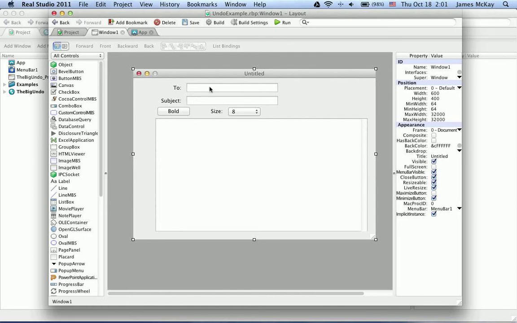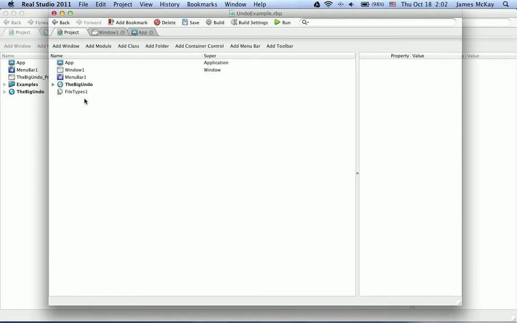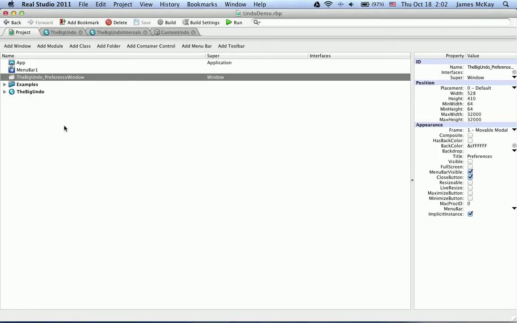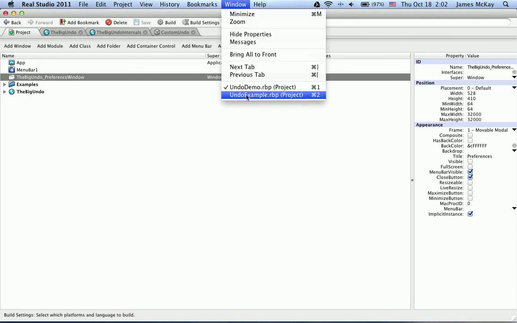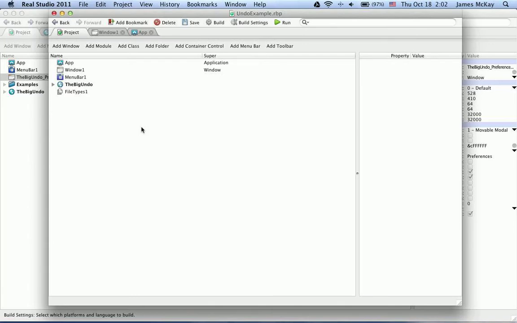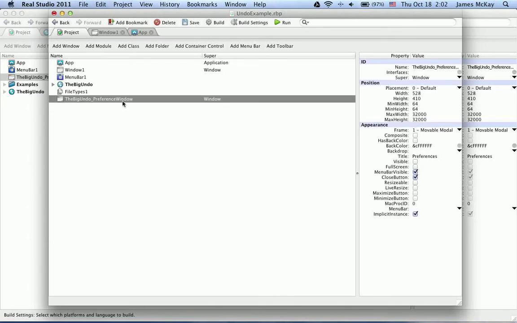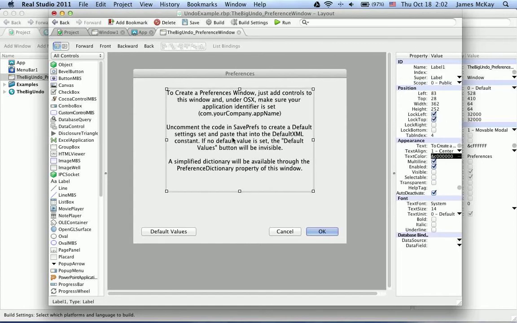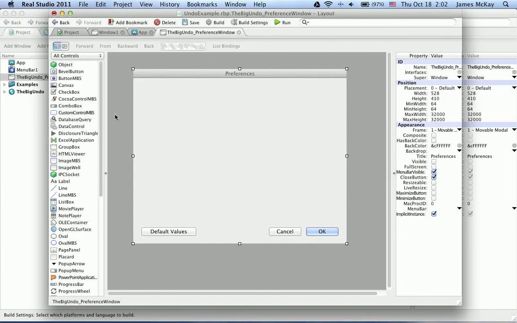We've got full undo, open and save functionality added. So basically, to add a preference window, what we're going to do is copy the BigUndo preference window. It's included with the demo project. And we're going to paste that in here. We can just open that up, and you'll see it's got some instructions here on how to use it. We're going to delete that, and we're going to add,